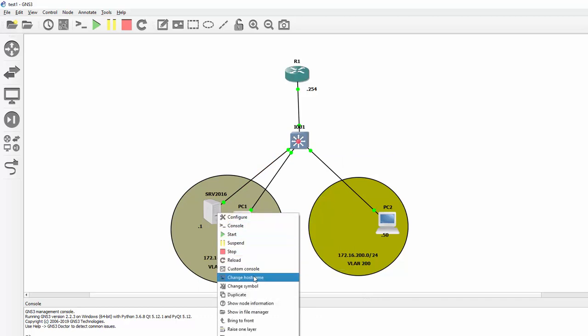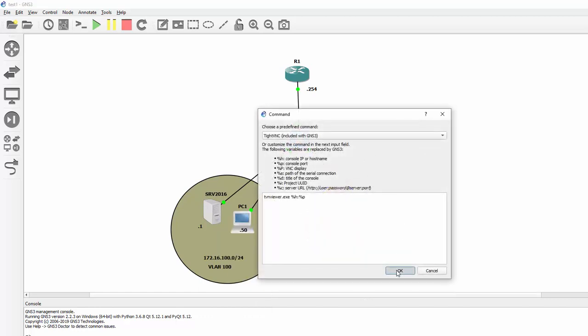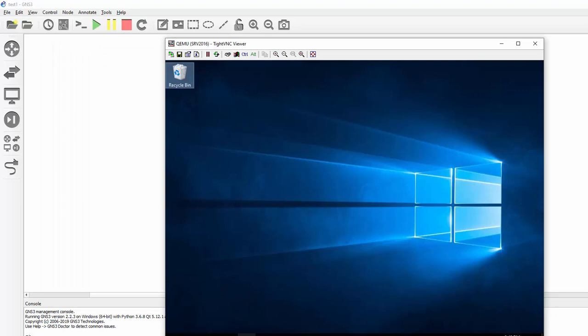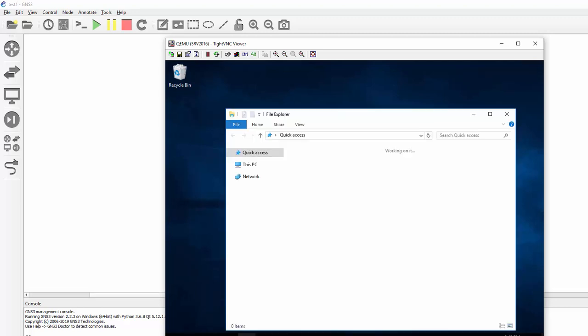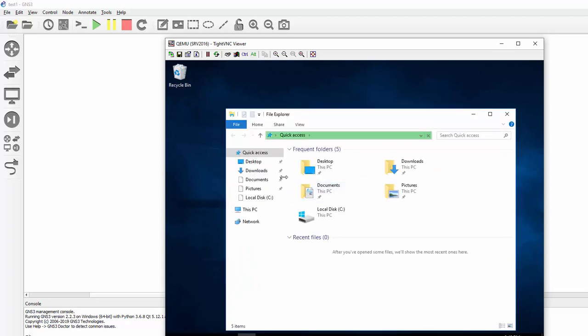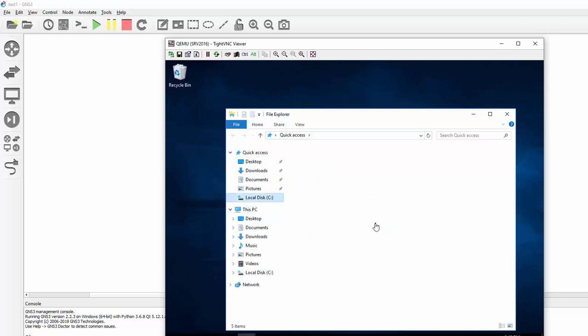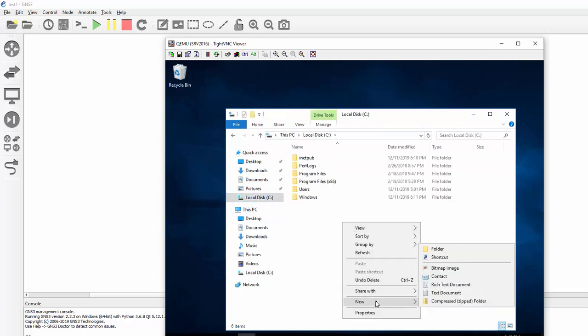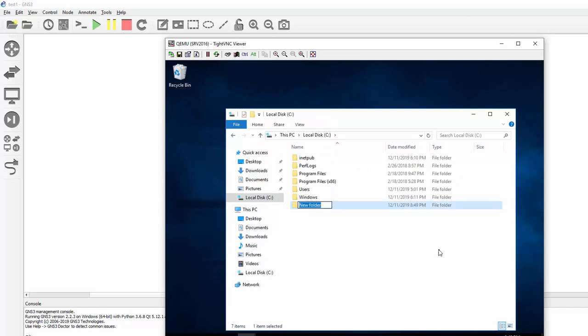So I'm right clicking on my server and I'm selecting custom console to get into the server, and first thing we need to do is create a root directory where our FTP stuff will be saved. So on the C drive I'm just going to right click and say new folder, and I'm just going to call this FTP folder,